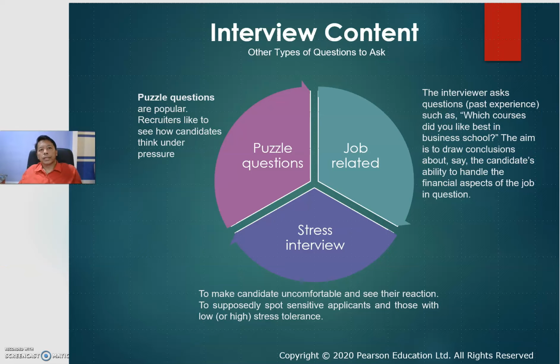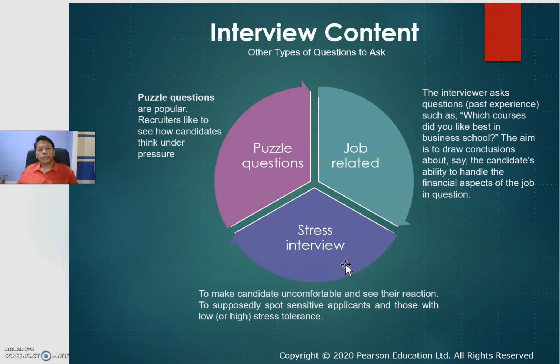Interview content also includes job-related types of questions, in which the interviewees are questioned on their reaction to a particular problem given and what they are going to do with that problem, how they are going to go about it.